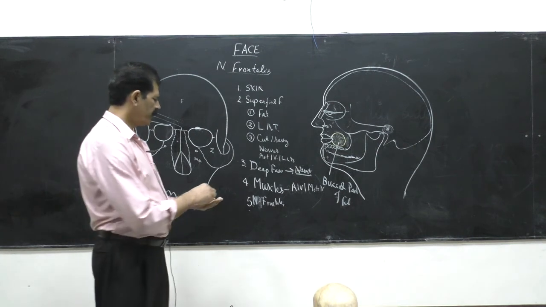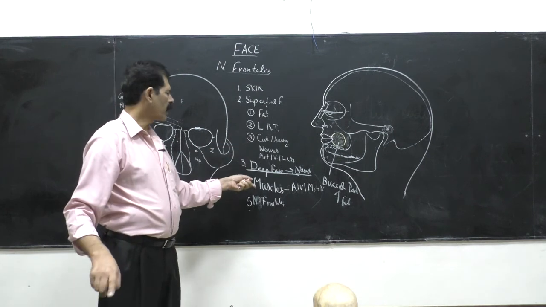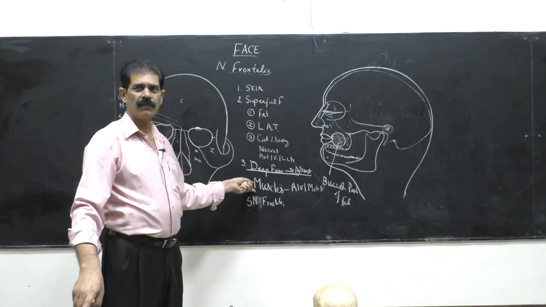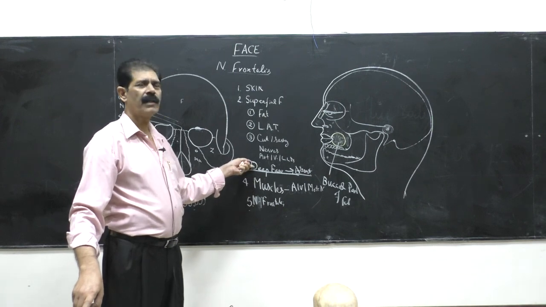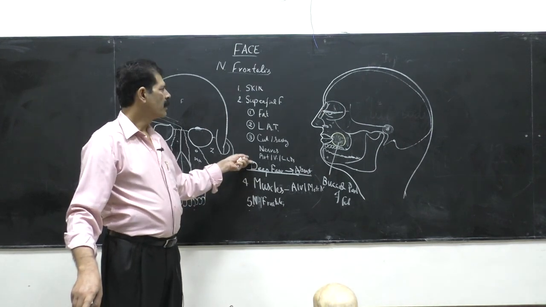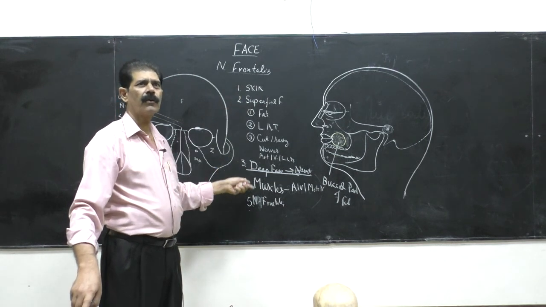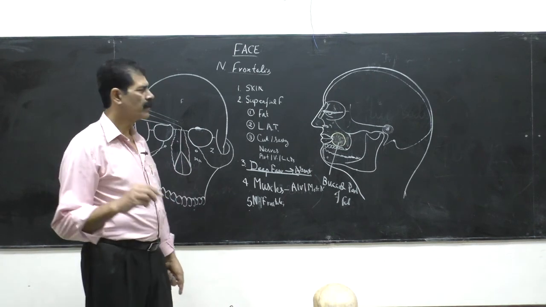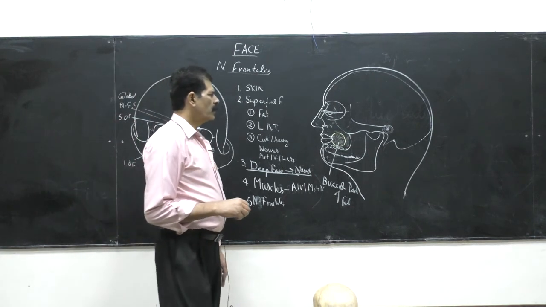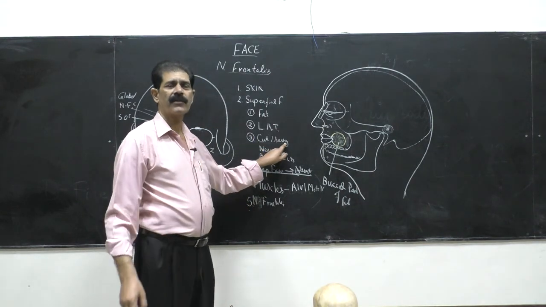Then there is no deep fascia on the face. So when there is no deep fascia, directly what we see is the fourth layer, the muscles of the face, because there is no intervening deep fascia. So when we remove the skin, we find the second layer and fourth layer together because of the absence of deep fascia. Besides, we see the third thing, the cutaneous or the sensory nerves.